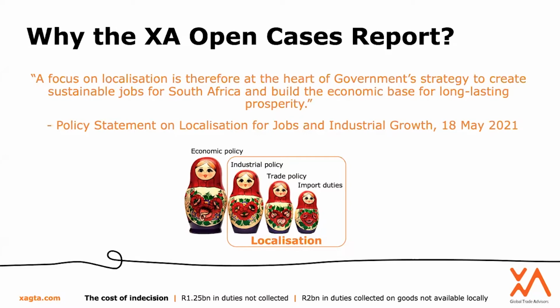So if we have a look at all of the current tariff applications to increase duty, if they had been completed on time, we would have potentially collected another 1.25 billion rand in duties. And if you look at all of the cases requesting duty relief, either in the form of a rebate or a reduction, we would have put 2 billion rand worth of tax collections back into the pockets of the sectors